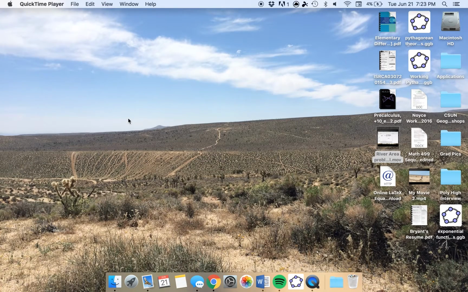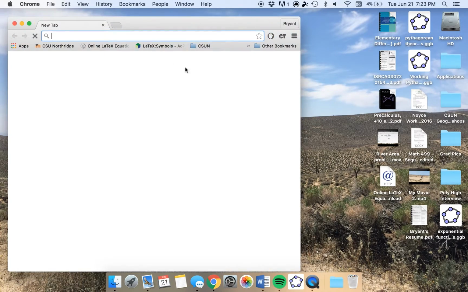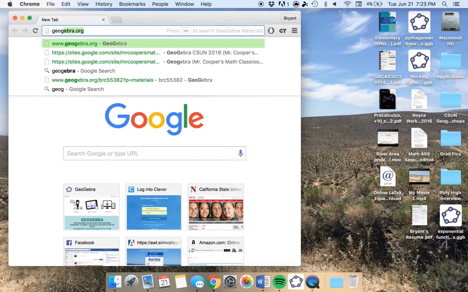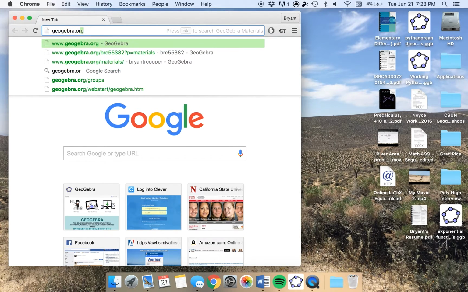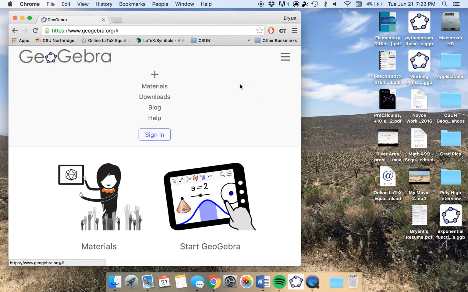So today I'm going to show you how to set up and create a Geogebra account and then upload a file from your desktop. So the first thing you want to do is open a new window on the internet, Google Chrome or whatever you use, and then you just go to geogebra.org, and from here I'm going to click sign in,